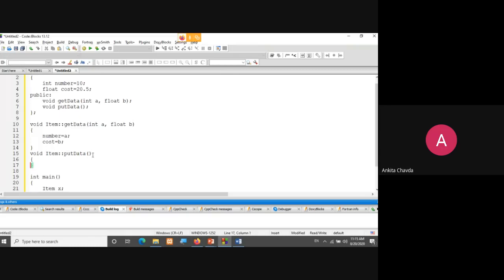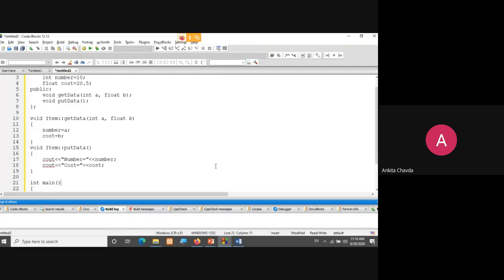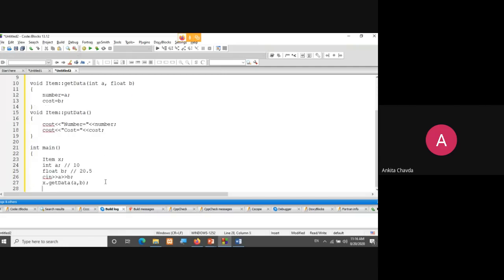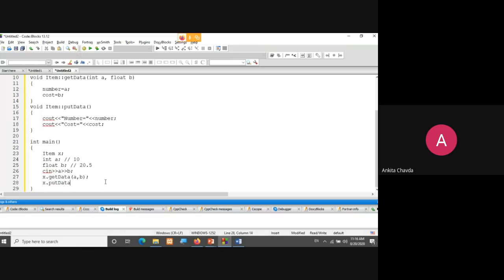So I'll write like this, outside of the class, and here I'll do cout number is equal to, and here I'll print number because it already has the value now, and cost is equal to, and I have cost over here, so that's it. And here I'll call that function x dot put data. Simple. Getting it? Yes or no?